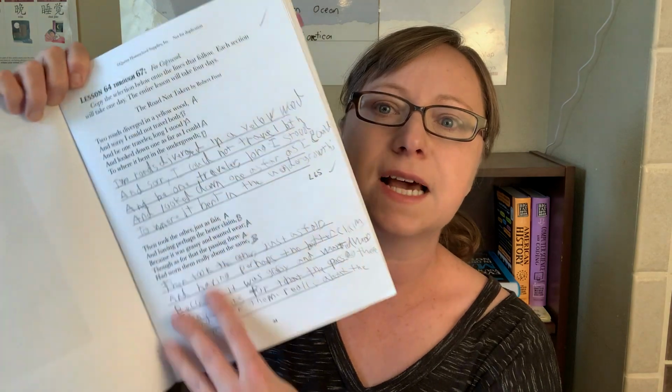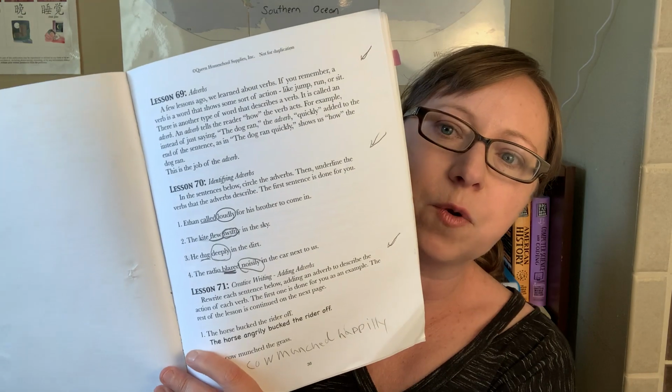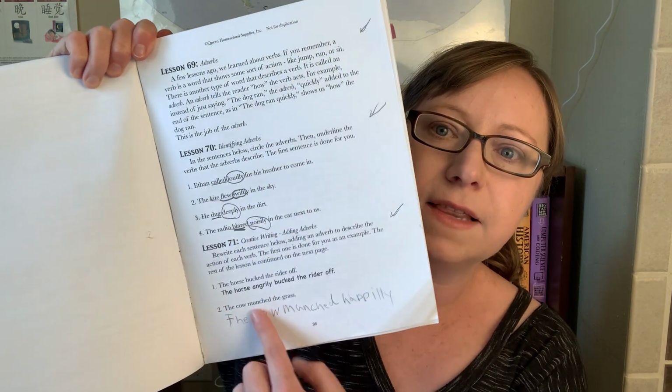What I will do is I will have them do one copy work section, and then I will have them skip a few pages and do some of the grammar sections. So maybe they'll have 2 sections to do in grammar and 1 copy work passage. So as you can see, they have like an introduction to certain concepts, and they have some activities for the child to do